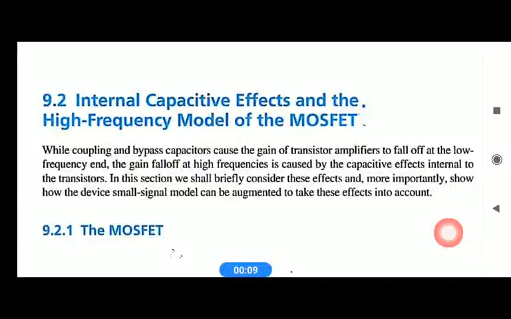So today we will discuss the internal capacitive effects and the high frequency model of MOSFET, which is in module 2. Right? Since we completed topics in our module 2,